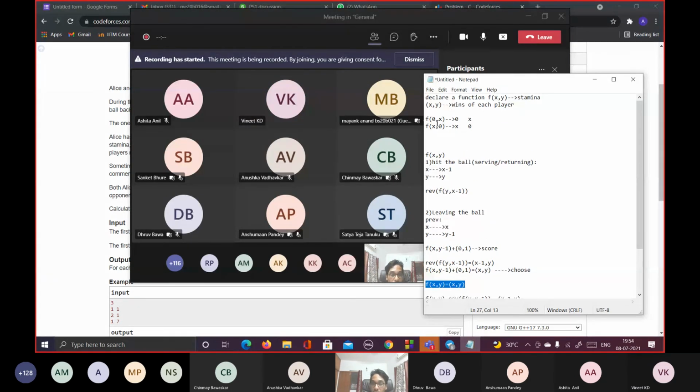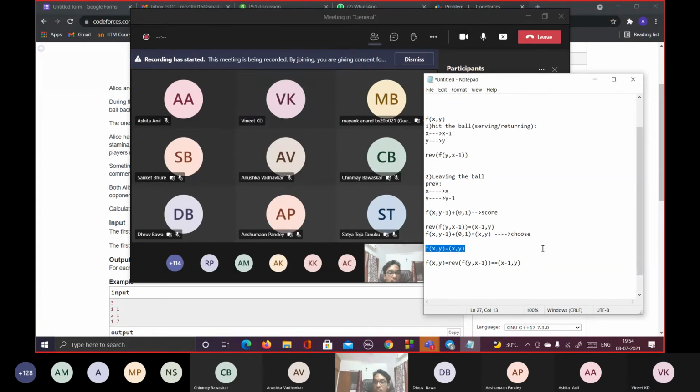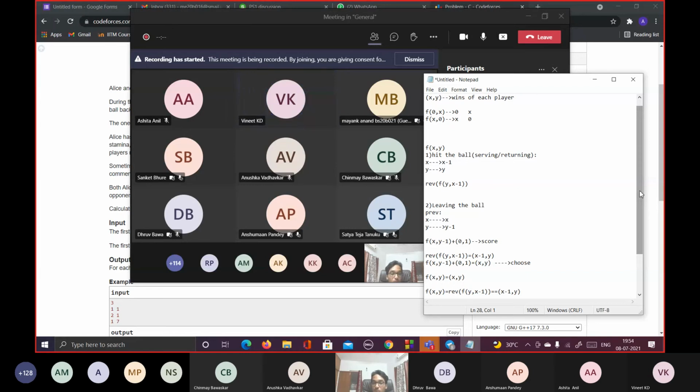One is to check the boundary conditions, which both of them have satisfied. And the next step in induction is you assume that f of x comma y is true. In this case, it is equal to x comma y, and you check for x minus 1 comma y, or any of the x comma y minus 1 cases. And if they also start matching, then your proof is right. You could say it's more like a mathematical induction for two variables. So that would be the keyword explaining my whole approach here.